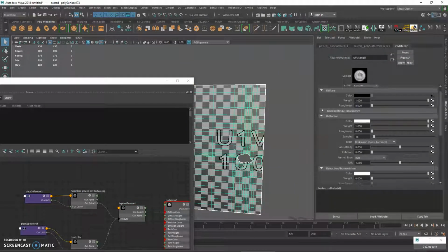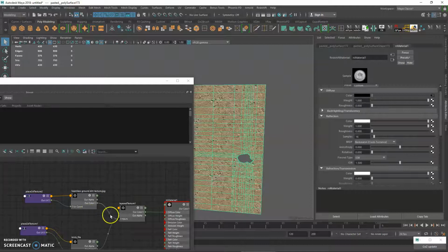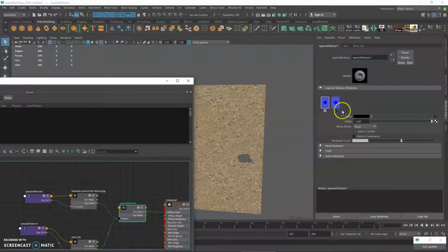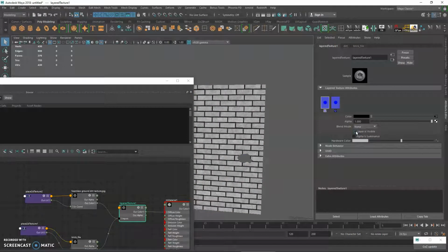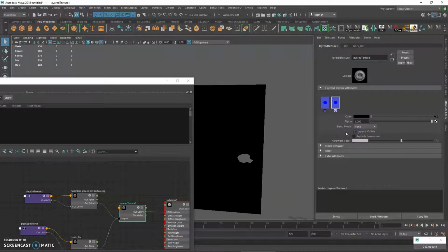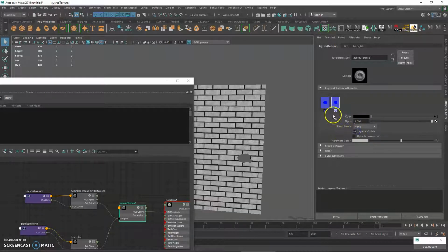So let's close the UV. Now, the dirt is on the top, and there is this button for you to make it visible, right? So if I take this off, this will show the layer underneath, which is the brick. Okay, so the brick will always be visible. Otherwise, if you take off, it will become black. Okay, so oops, so everything works